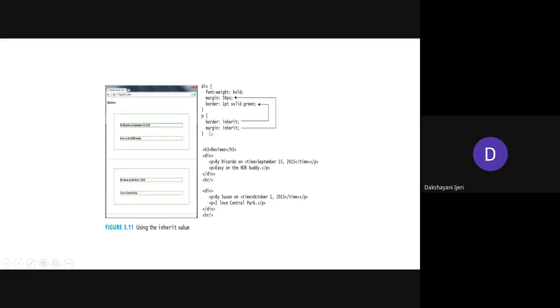Suppose you want these two properties to be inherited to this child element as well. In that case, you need to define a separate rule for the paragraph and just say border colon inherit, margin colon inherit. These two properties will be inherited with the values you have set for the parent element. So the paragraph being a child of this division element, if a few properties from the parent cannot be inherited, you can inherit them explicitly. How? Take the name of the property for that child element while defining the styles, and do not give any value. Instead, just write colon inherit. That means the values will be inherited from its parent element.